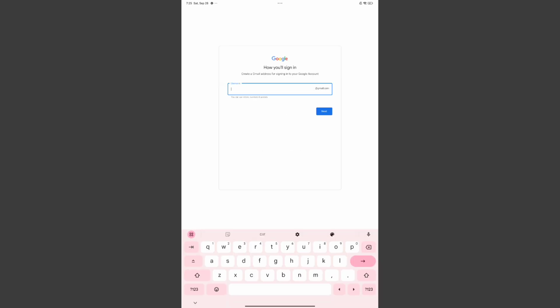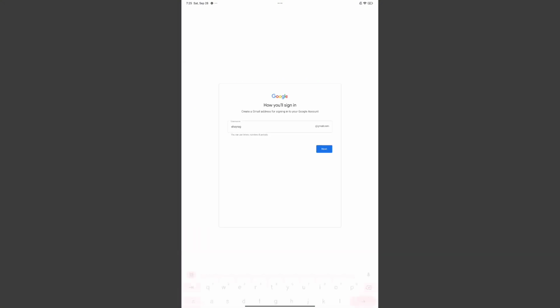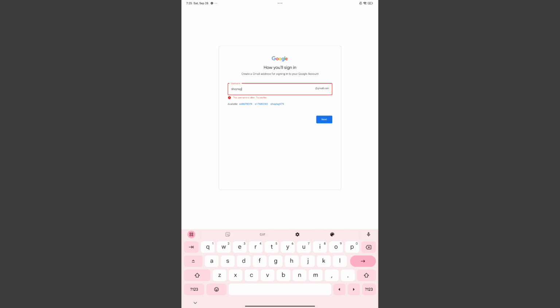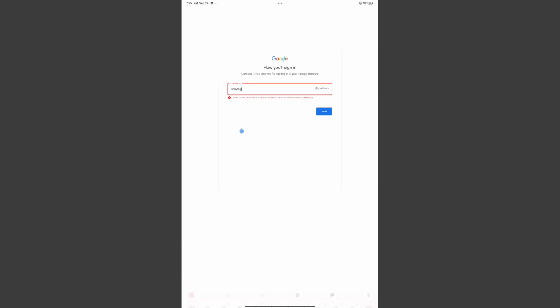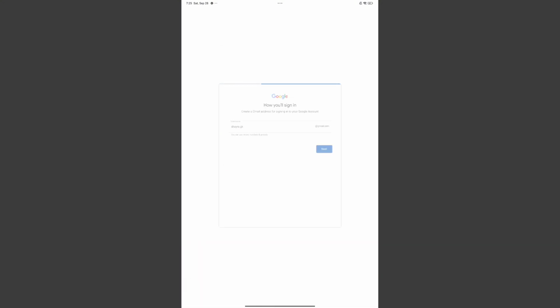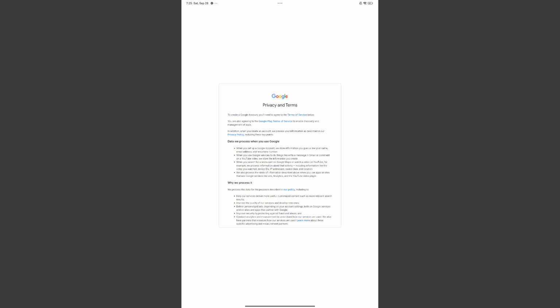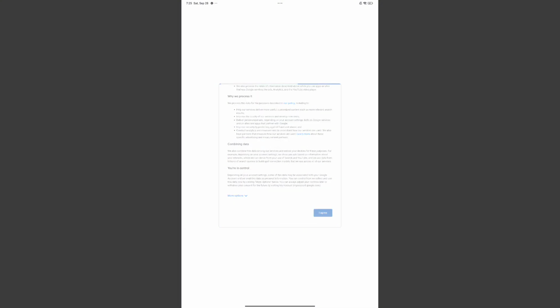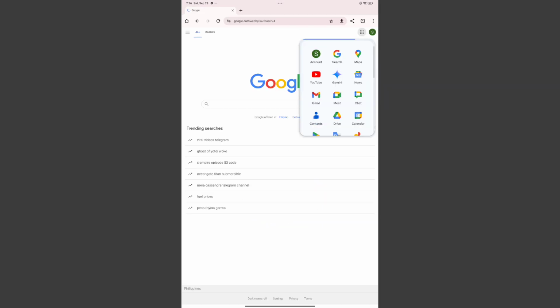Now on the next step, you'll need to create a username for your Google account. So you can just create it yourself or just select from the suggested username given by Google. Make sure to enter a unique username to be able to proceed with your choice of username. Click on the next button once you're done and you have finalized your Google account username. Now in here, you'll need to create a password for your account. After that, just go ahead and proceed with this by clicking on the next button, scroll down and click on the I agree button, and you have now created a new Google account